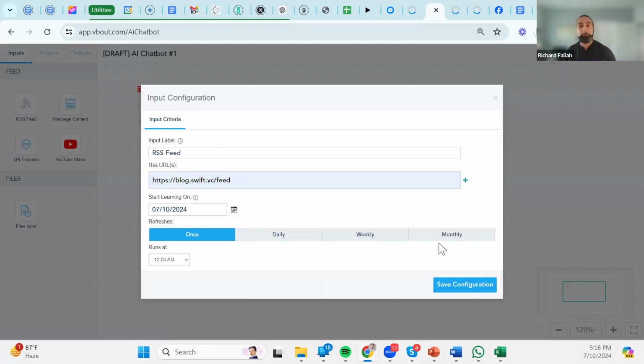Now, I want to mention something called character training. Character training is basically how many characters inside your source. If you have 100,000 characters, they're going to translate